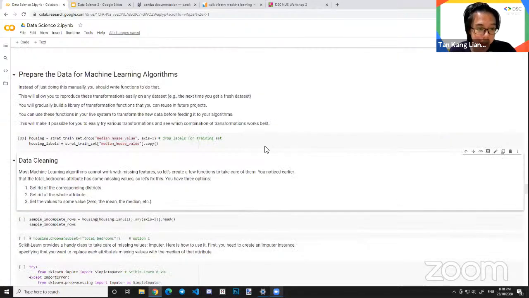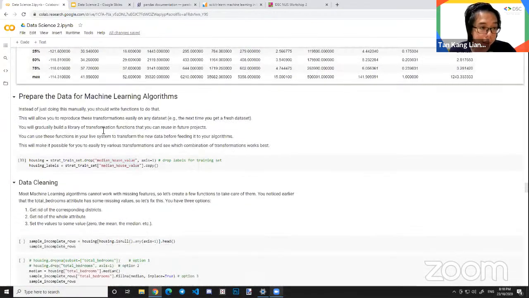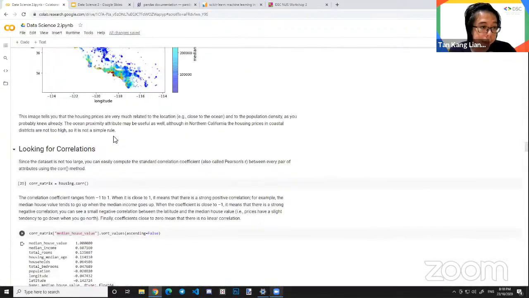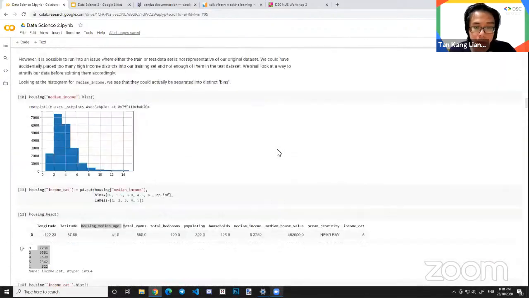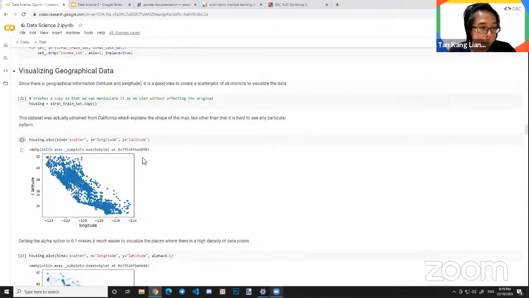So if you have this row that's missing maybe households, you just, okay, sorry, this is not a row, but if we have a row above, so any of these rows, if you're actually missing data, we can just drop the entire row. And if this row is missing total bedrooms, we drop the entire row, and we continue on as normal, like nothing has happened. And the other method